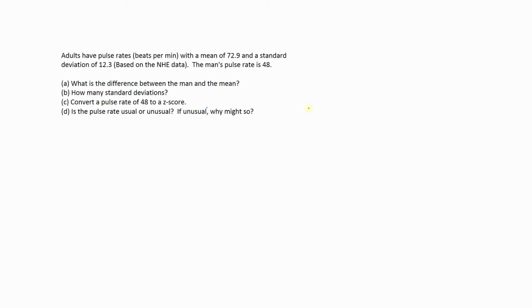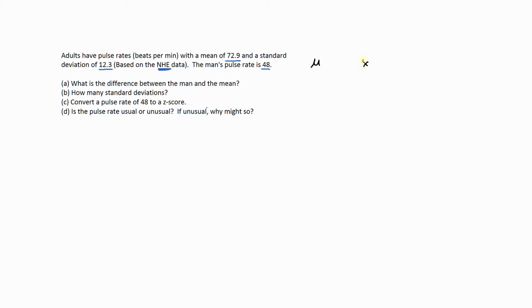Adults have a pulse rate, in beats per minute, with a mean of 72.9 and a standard deviation of 12.3. The men's pulse rate is 48. So we seem to be dealing with population data, the National Health Examination data. So we're going to use mu instead of